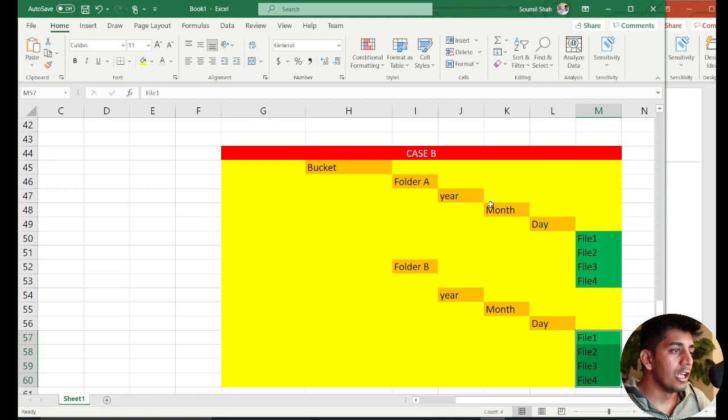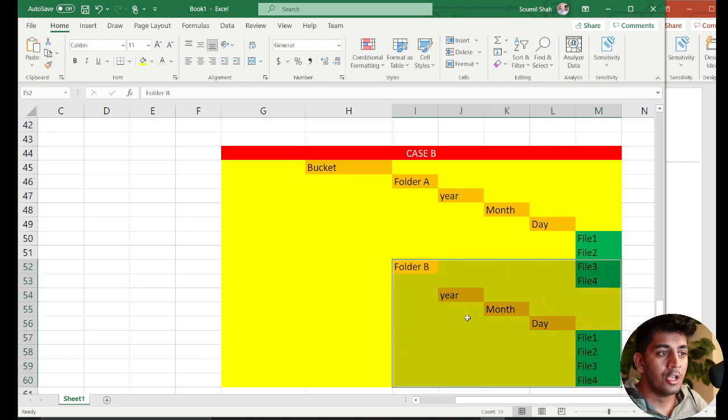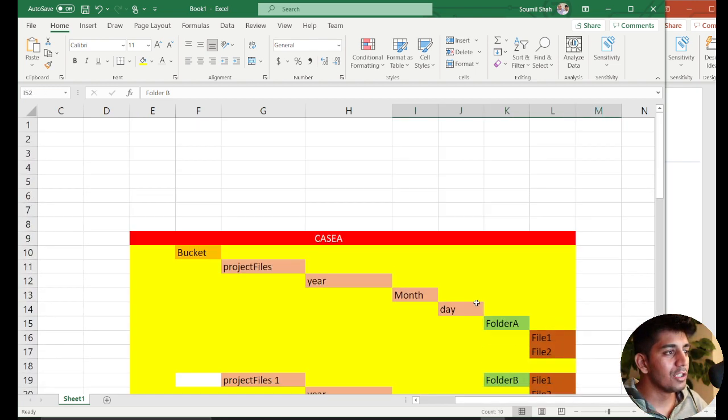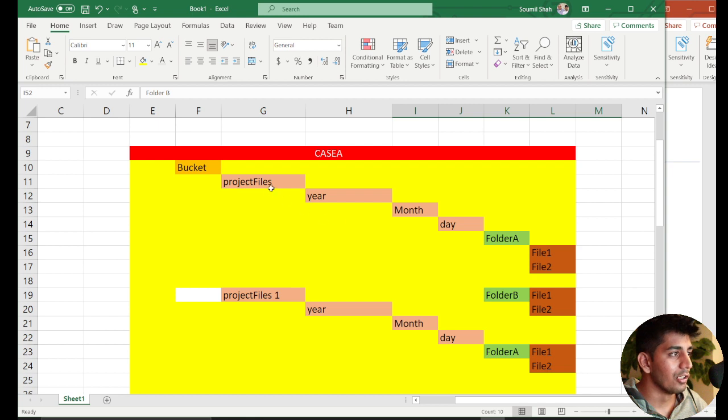Whenever you say you want to get data for, let's say, 2019 02 to 2020 02, essentially you have to scan all the tables here, then again you have to go to the folder B, and it's going to scan all. So it's not efficient. But if you go with this folder structure or this partition structure, essentially when you say,